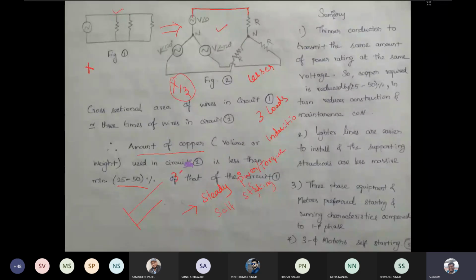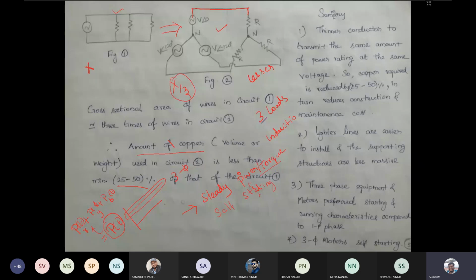Three-phase power means if I add R phase power plus Y phase power plus B phase power at any instant of time, then the total power will be a steady value. This is P of t. The instantaneous addition of all these power will be a steady value. Steady value means you will be getting a constant power like this. Because of this, you are going to get a constant torque. Constant torque will allow the motor to rotate continuously.